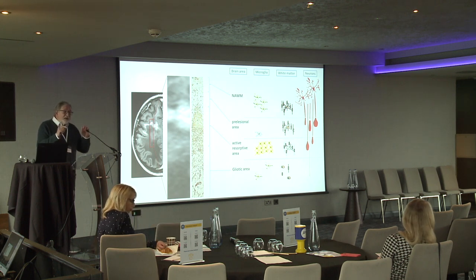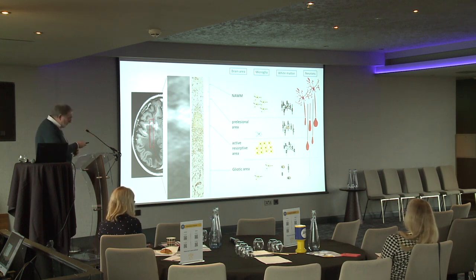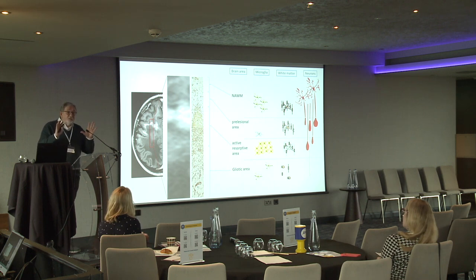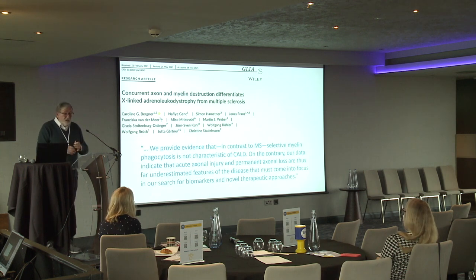We are finding these structural disturbances of neurons already in brain areas that are obviously not involved, looking at the MRI. In addition, in this area where the neurons are already involved in the disease process, the white matter is still intact. So it's not primarily a white matter disease, as we would expect from the name leukodystrophy. It's a primary neuroaxonal disease. This is very important to remember to understand the disease.